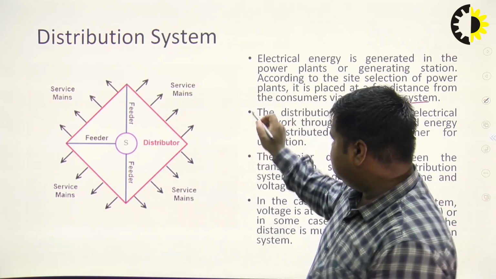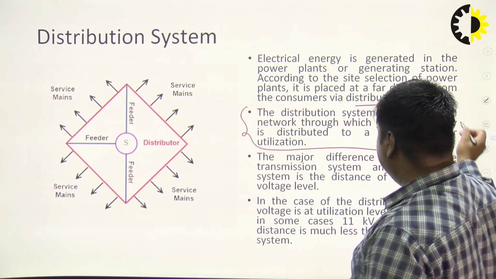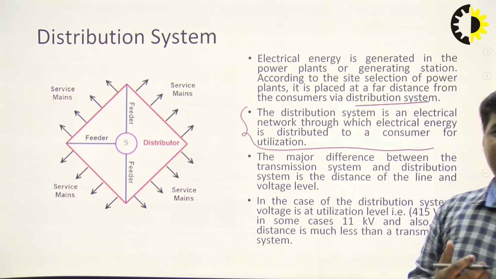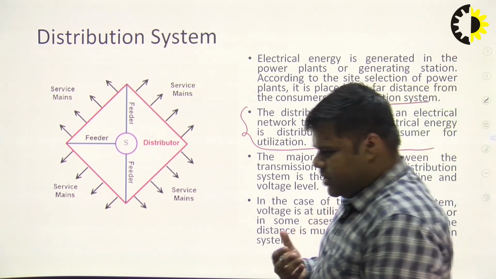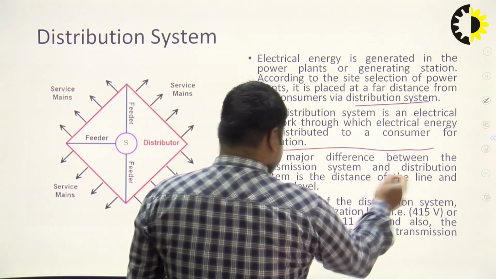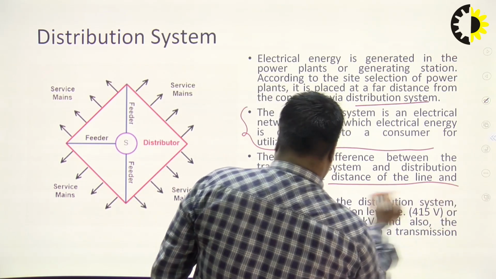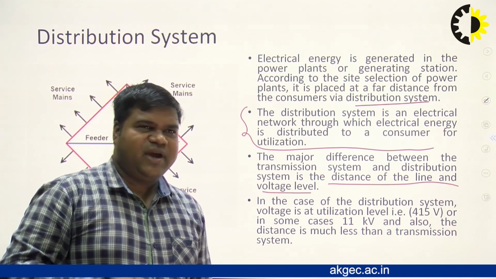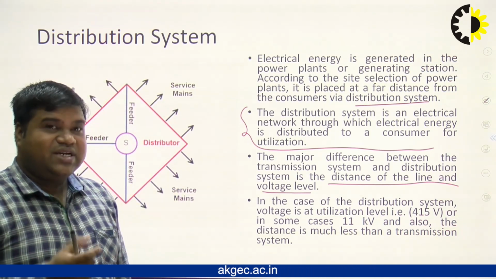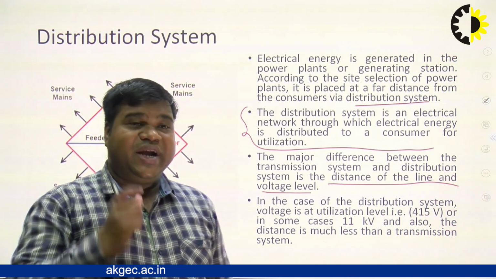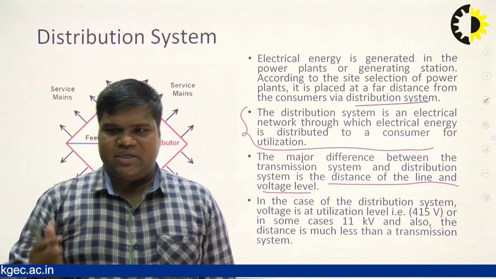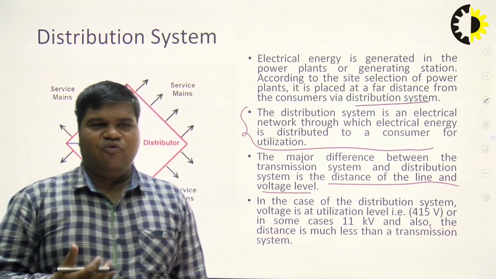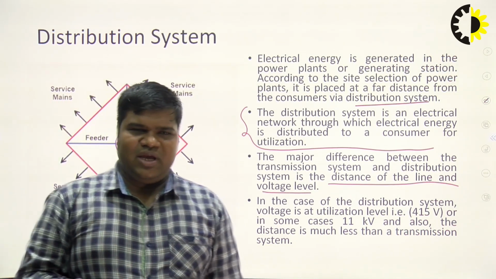So this is very important to remember about the distribution system. The major difference between the transmission system and the distribution system is the distance of the line and the voltage level. These are the two specified parameters by which the difference between the transmission system and the distribution system may be seen easily. In the case of the distribution system, voltage is at utilization level, and that is